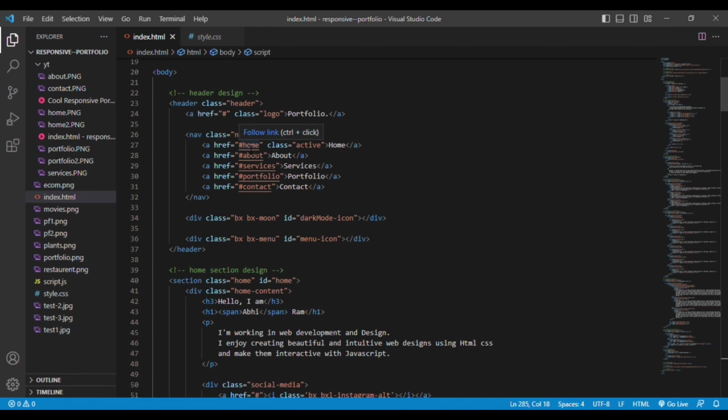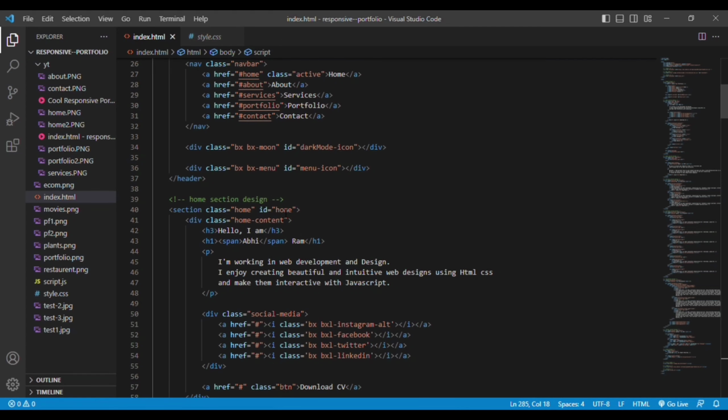And by using the href, that is reference, we will be able to move to one section of the page when we click on that particular anchor tag, right? Right now we are in the home anchor tag, and for the home anchor tag we have hash home as reference. So if you see below in the home section,